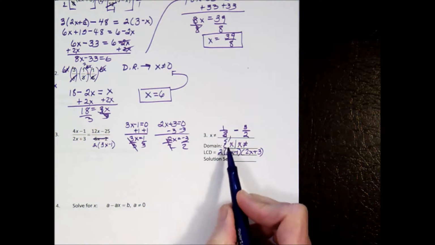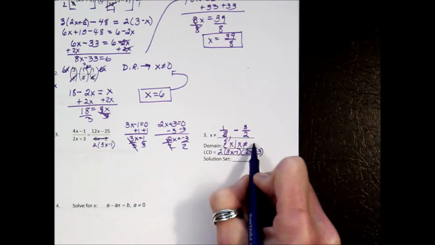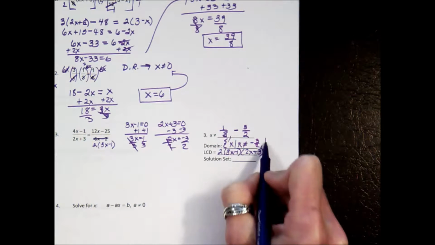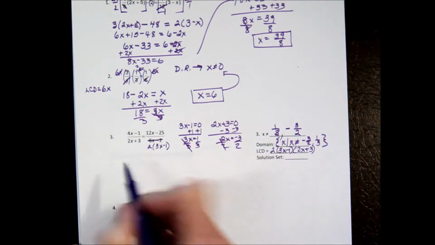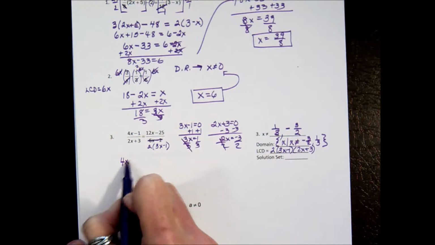And this is how you write it. So x can't be -3/2 or 1/3. So these two go together, the restriction and the domain. Now we need to solve, and I think what I'm going to do is rewrite this so we have space,